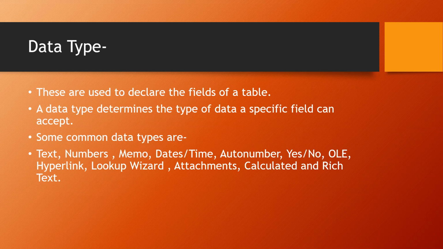Some common data types are text. Text means any combination of text and numbers can be written. Suppose an address is there, so beta, I cannot fix only text or only numbers in your house address, because you will be using a combination of text and numbers in order to write the address of your house. All right, so text means numbers and text both can be used.